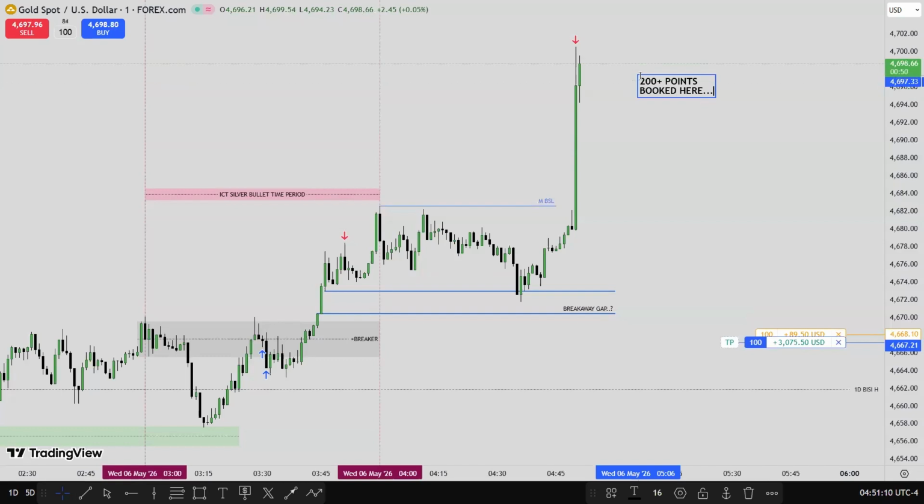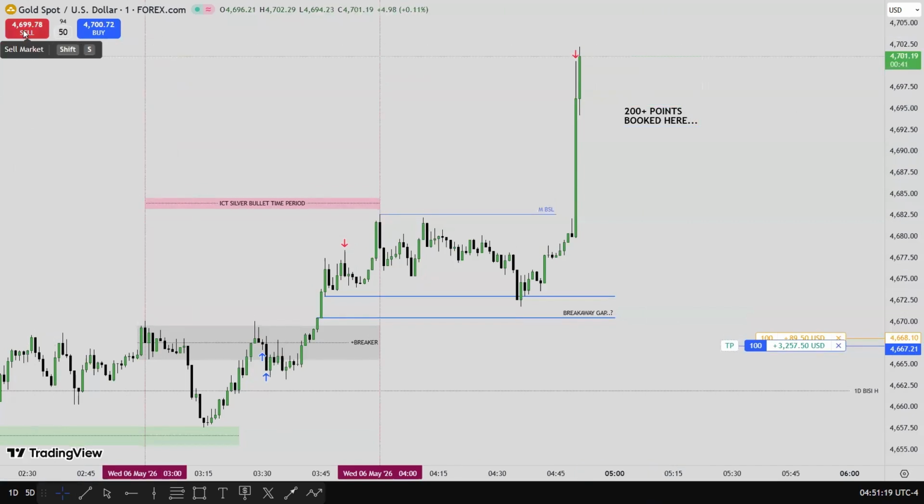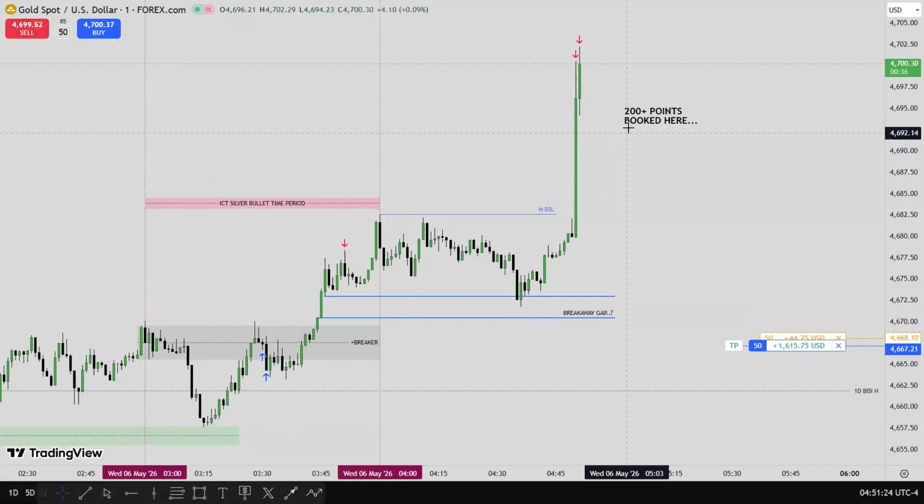This is the London Open silver bullet. So what we're looking for is a classic ICT fair value gap to form between 3 a.m. and 4 a.m. New York local time. The factor which you are going to lean heavily on is the skill set of knowing where price is going to go. It's not necessarily the bias. You just predominantly have to consider where the next draw on liquidity is. Is it going to go above the marketplace for buy stops or trade into inefficiency above current price action if you're bullish,